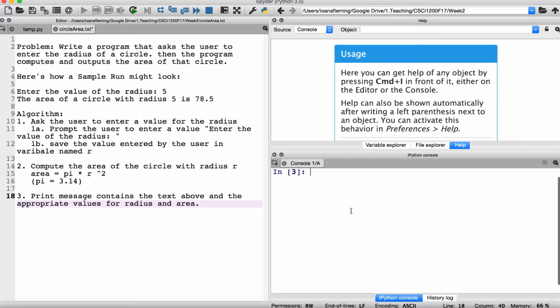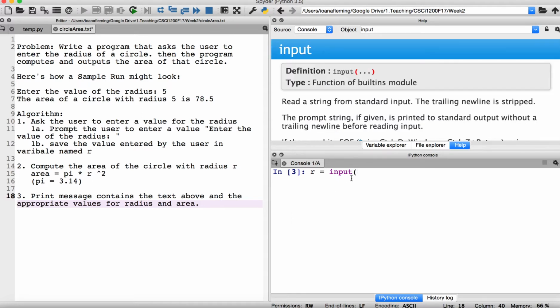Okay, now let's start in here. For the first part, we want to ask the user to enter the value of the radius, and because we want to save that value, we're going to use the input function. So we're going to say r equals input,